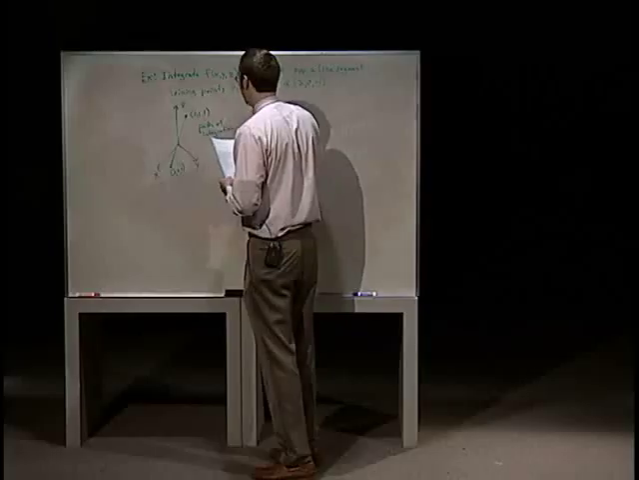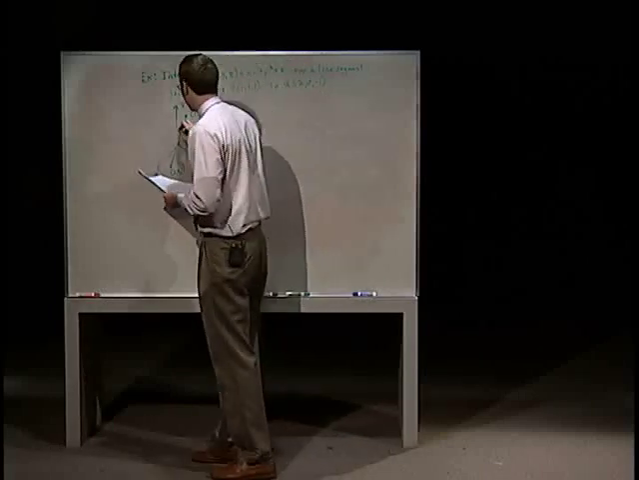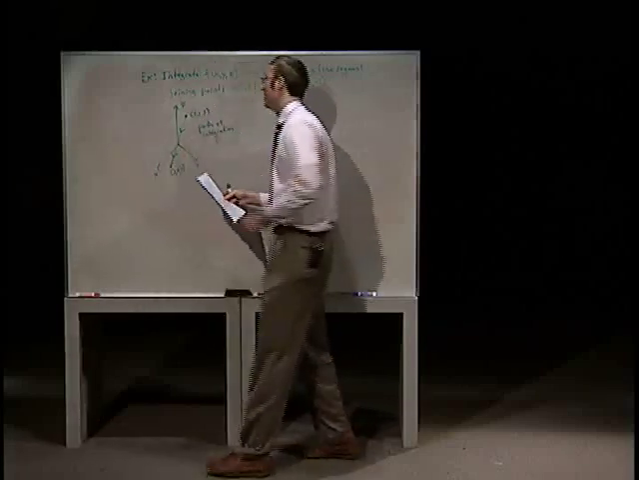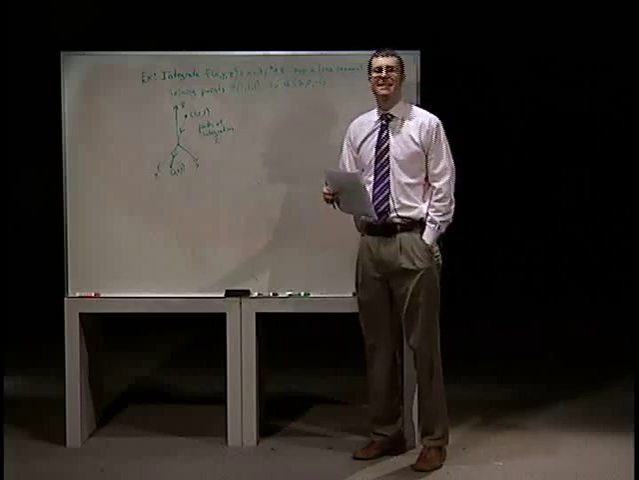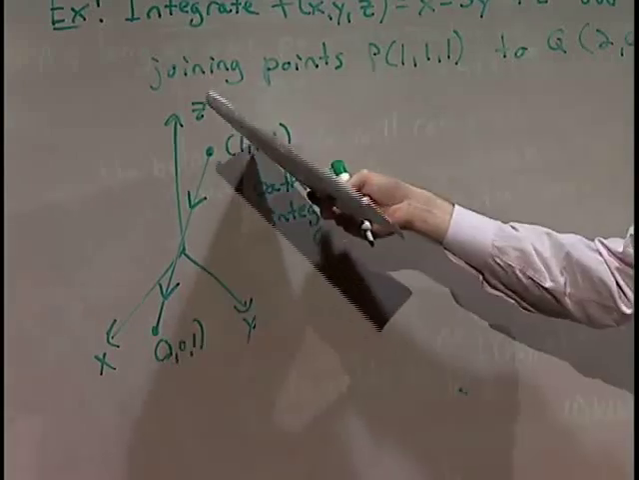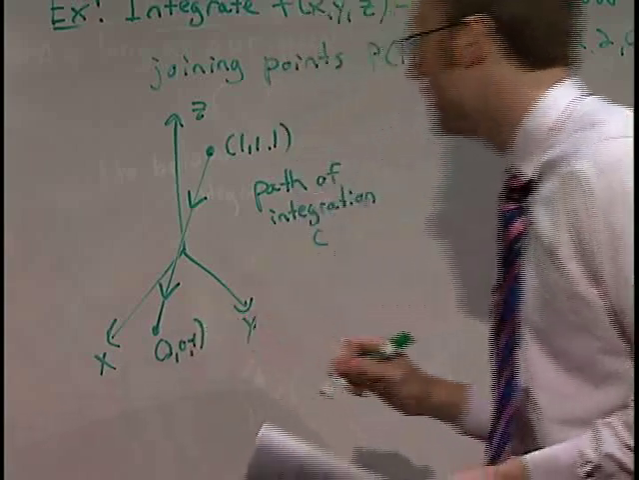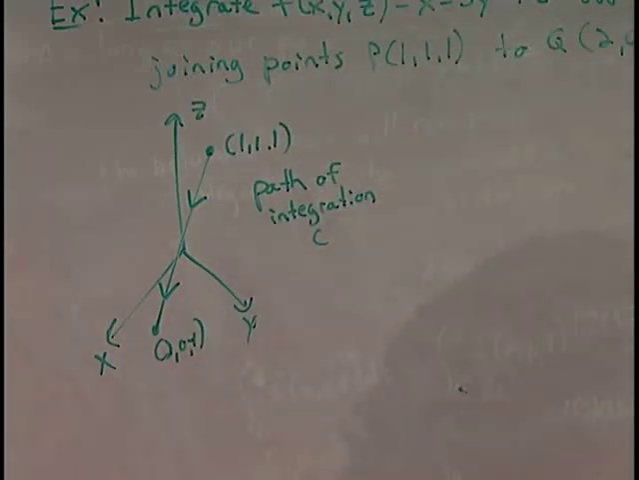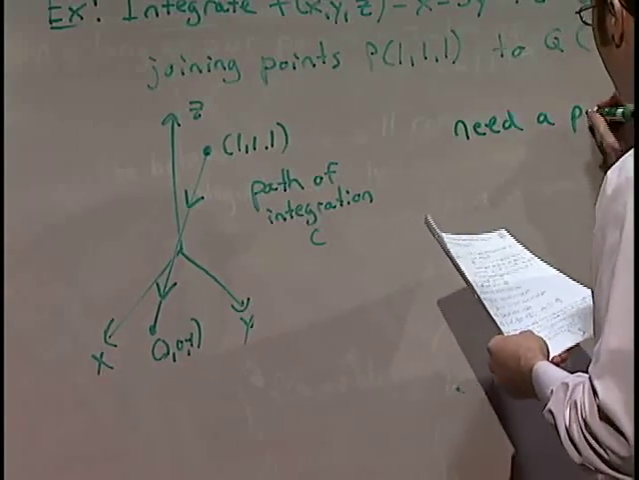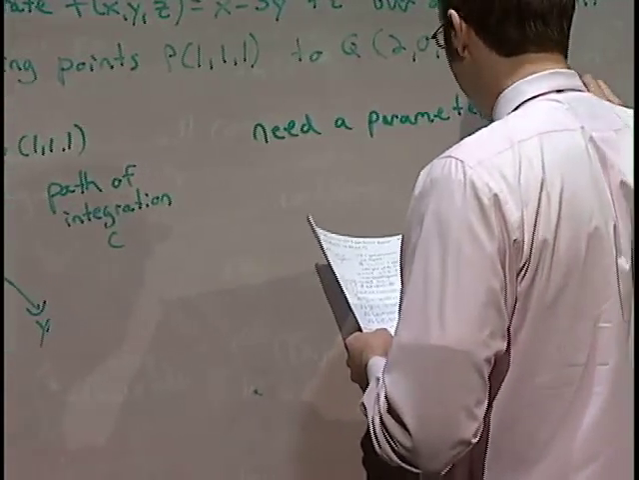Okay. All right. So we need a parameterization. I'm going to put an arrow on here. We're going to see that direction of the path makes a difference in some way. It's not a big difference, but I want to consider my parameterization to be traveling from 1, 1, 1 to 2, 0, negative 1. So I'm going to consider the path to be following the direction of those arrows there. Okay? So we need a parameterization